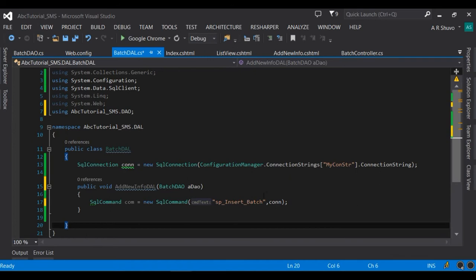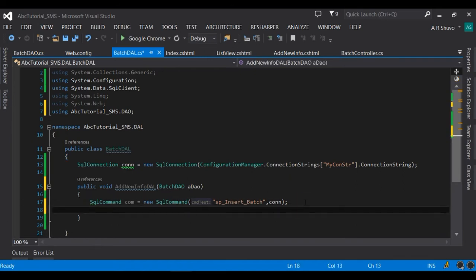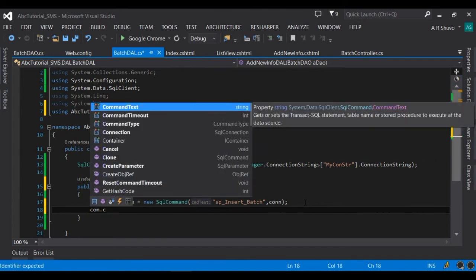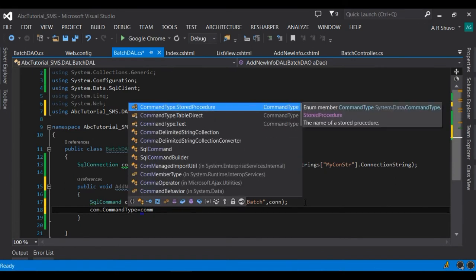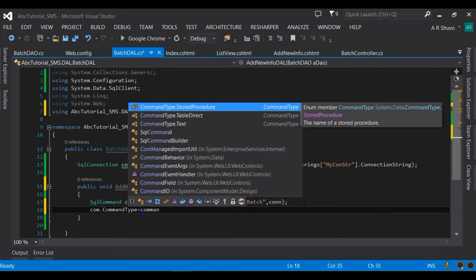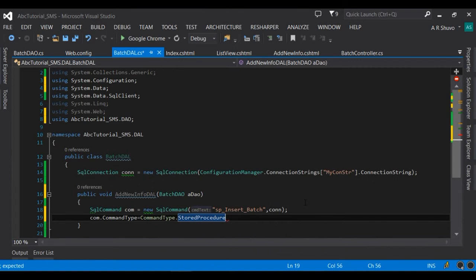Okay, and this com dot command type equal command type stored procedure. Okay, and we need to add also some batch parameter